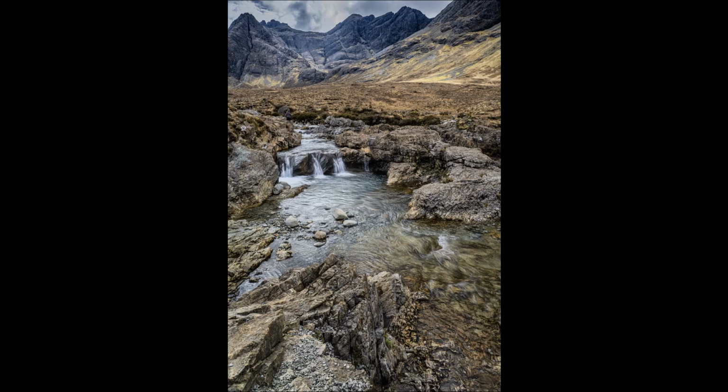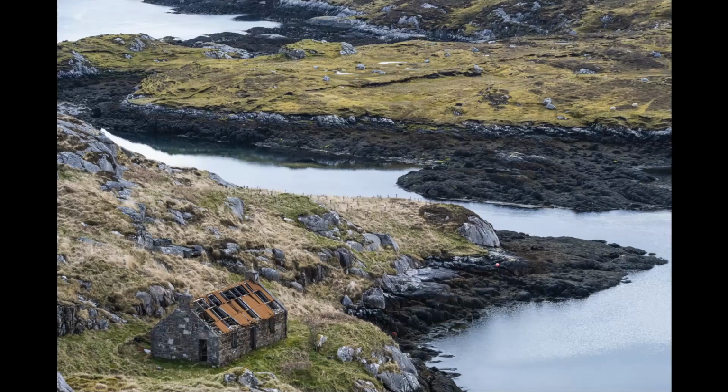This is called the Fairy Pools on Skye. And even though the day was fairly ordinary again, there's some beautiful waterfalls and some very rugged country that was well worth going to. And another location on Lewis and Harris that we hadn't heard about at all is called the Golden Road,